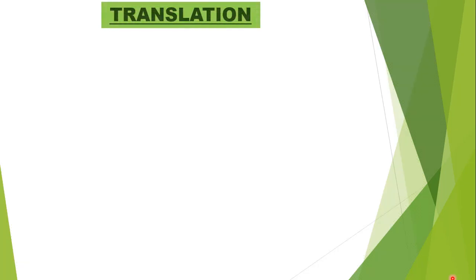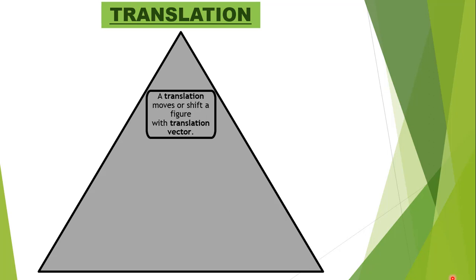Students, first of all, understand what the translation means. Translation means to move or shift a figure with a given translation vector. Means you are given a vector, you are given a figure, and you have to shift or move that figure according to the given translation vector. Means some units in the x direction and some other units in the y direction. Second important thing, students,